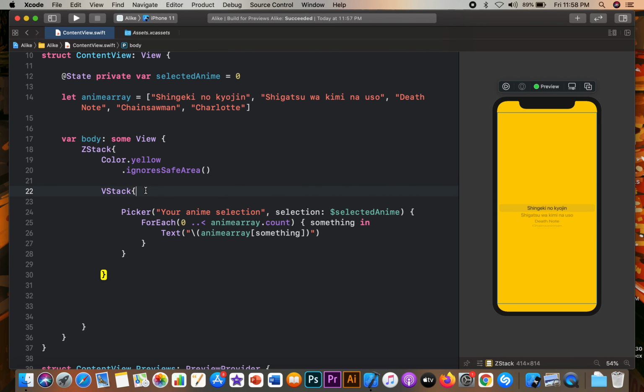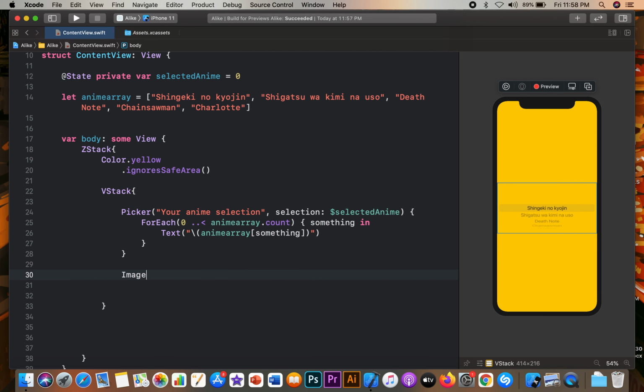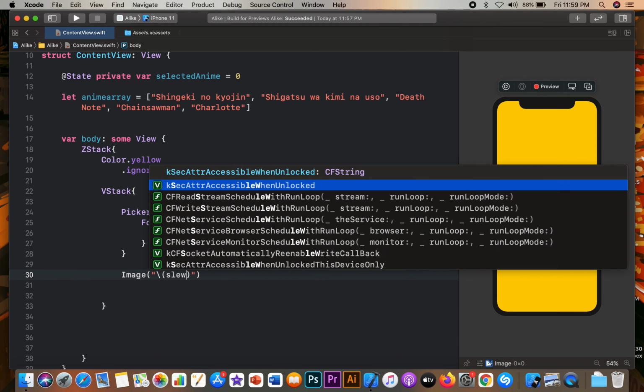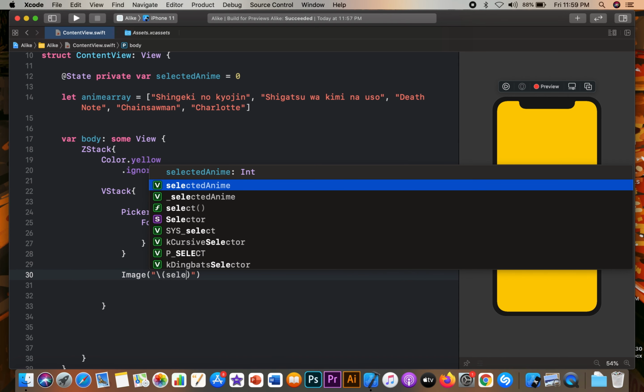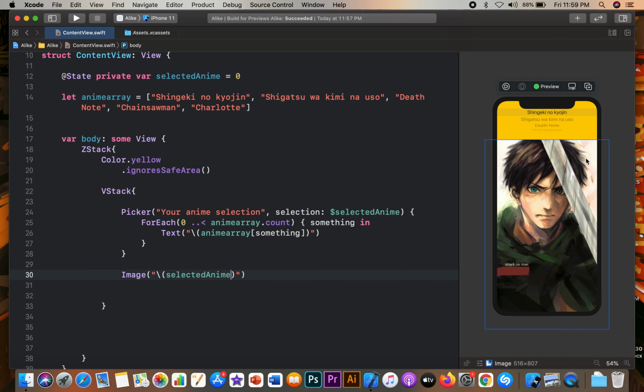So far we have created the picker, and now let's make some more things. Let's create a new view, which would be an image. The image would essentially make use of that selected anime state property as well. And now we can finally test if it's even working or not. Suppose we change the value of the selected anime in the picker, then the image should also change,